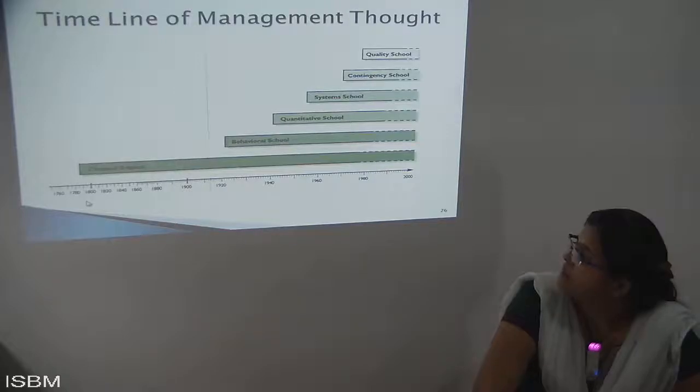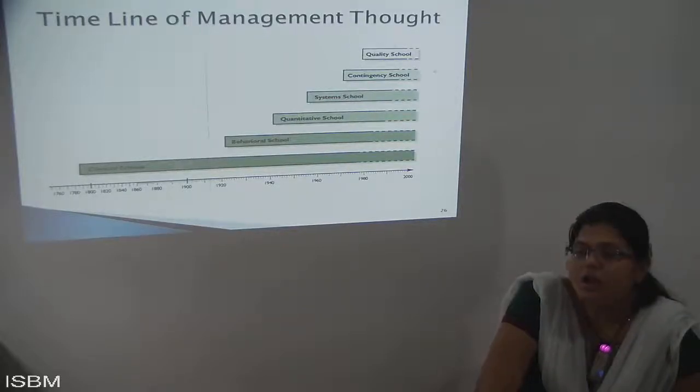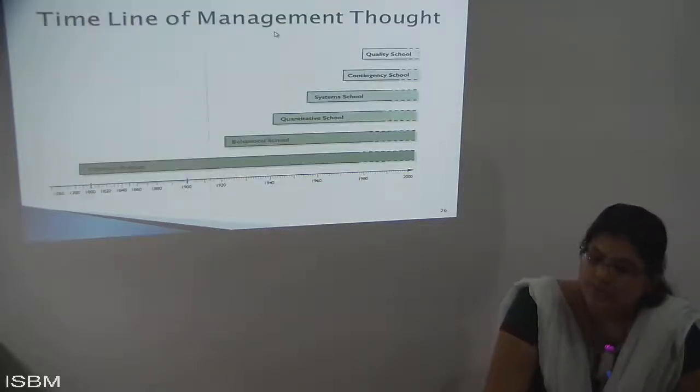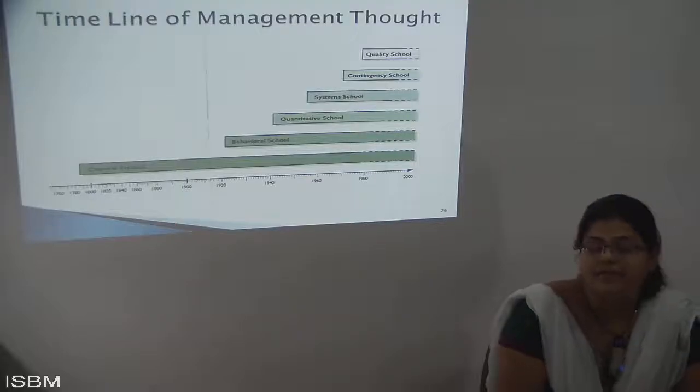So management theory starts from the 17th century, but with the help of the 18th century these are all the traditional ones. After a certain period of time it goes to the quality schools, so ultimately in the 20th century you can see how you're getting all the knowledge from the ground up, from the 17th century through the different centuries. These are the different timelines of managerial thought.